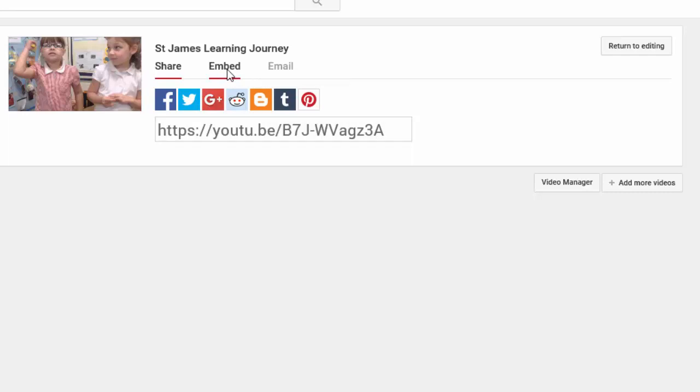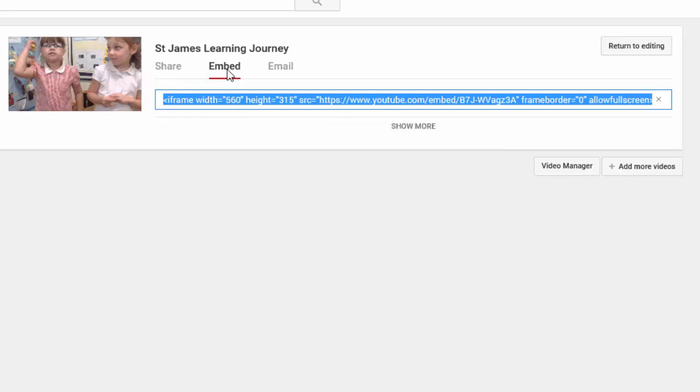So if I click on Embed, it gives me a code, and this is the code that I want to paste into our website. It's already highlighted in blue, so I'm going to right mouse click anywhere in this blue, and then choose Copy. That immediately gives me the code that I now need